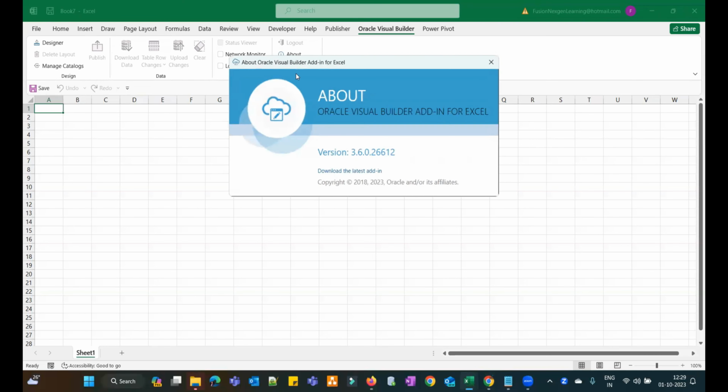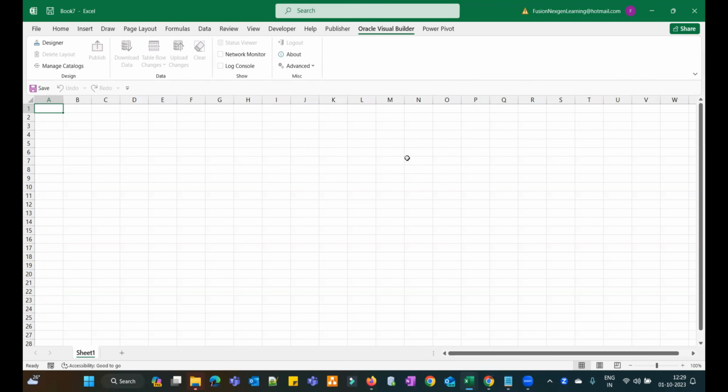So about, let's take an example. Currently we are on version 3.6. You have to make sure that whenever you are using it, you update to the latest add-in of Oracle Visual Builder, because Oracle is releasing features in every release. So you must upgrade your Oracle Visual Builder add-in to the updated one. If you click on the